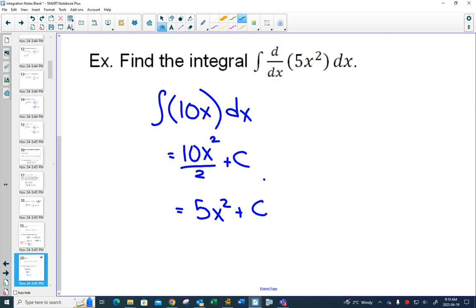Wow. Right? So the same thing is happening here, right? You're taking the derivative of this, but then the integral is canceling out, so you're sort of undoing what you did. It should make sense that you would get 5x squared, but since the integral is the last thing that you do, you would still need a plus c.